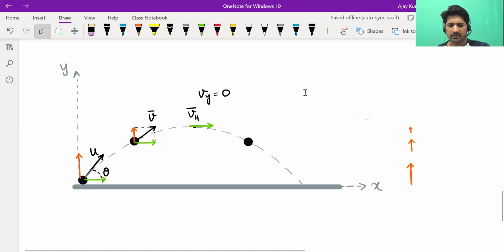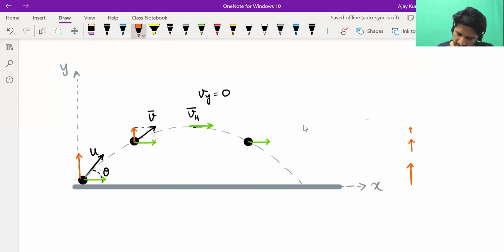See, this will help you in visualization while solving problems. So try to follow this carefully. The x component remains the same. And because gravity is downwards, the object starts developing a downward component of velocity. The y component will now become negative. And if you draw the parallelogram, why am I drawing the parallelogram? Because you can see that the x component, y component are joined at the tails. If two vectors are joined at the tails, you are supposed to draw the resultant using parallelogram law. So this is the velocity at that time. Let's call it v2.